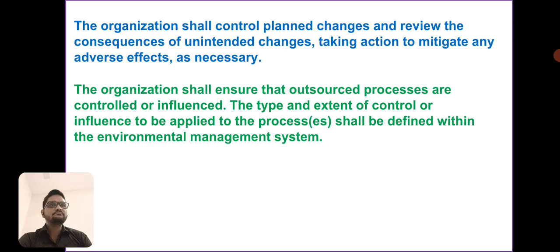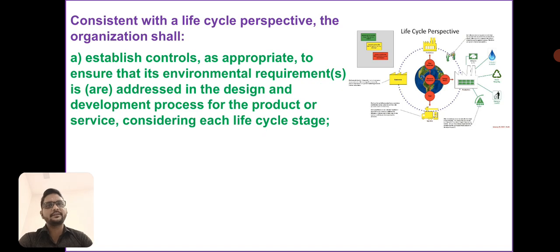Now the organization shall control planned changes and review the consequences of unintended changes, taking action to mitigate any adverse effect as necessary. And the organization shall also ensure that outsourced processes are controlled or influenced. The type and extent of control or influence to be applied to processes shall be defined within the environmental management system. Now, consistent with the life cycle perspective,